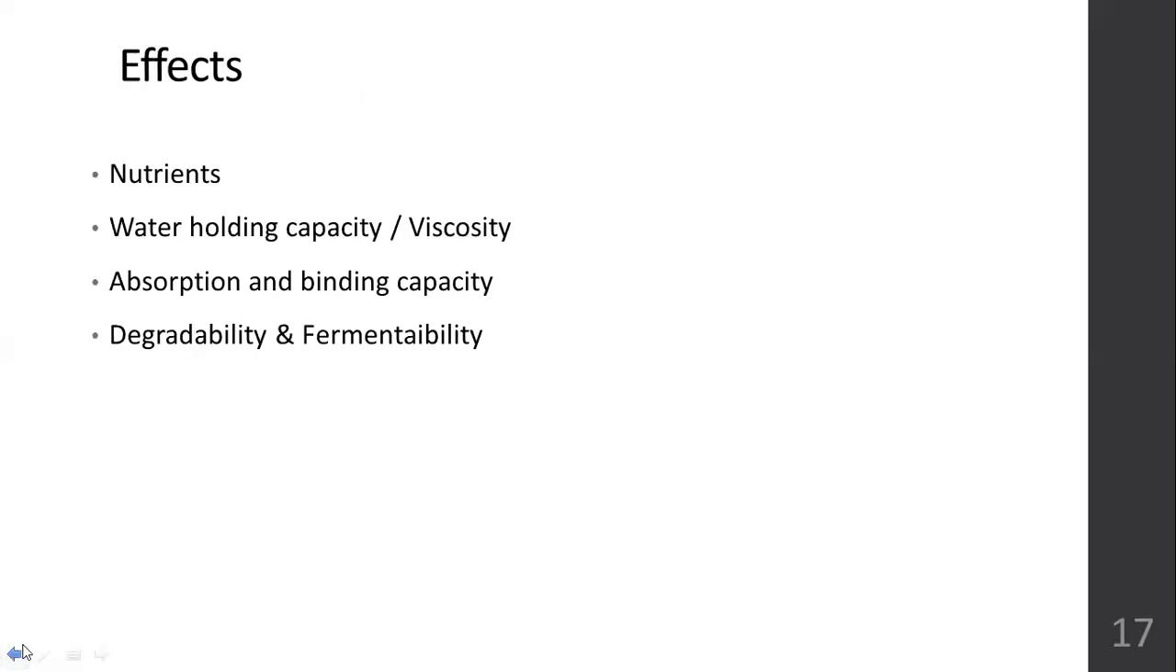So prevention of diseases. How does dietary fiber help in preventing diseases? First is your cardiovascular diseases. In the points, they have given a lot of points under degradability and fermentability. You can just go through it. When it comes to degradability and fermentability,